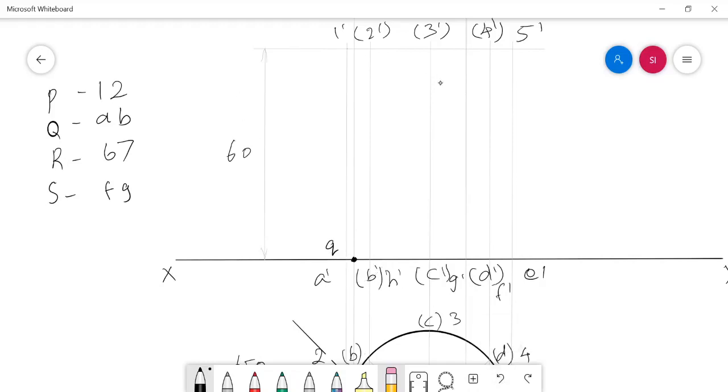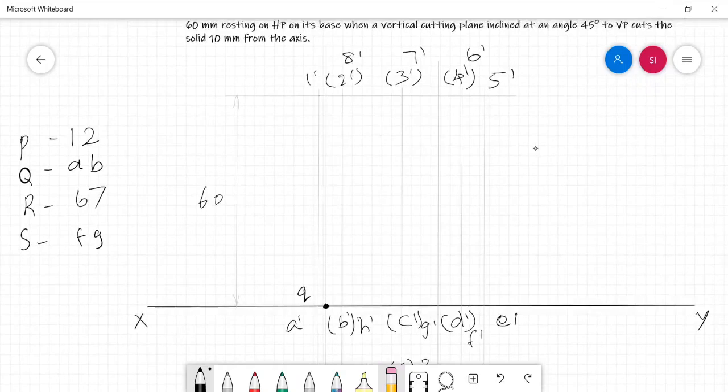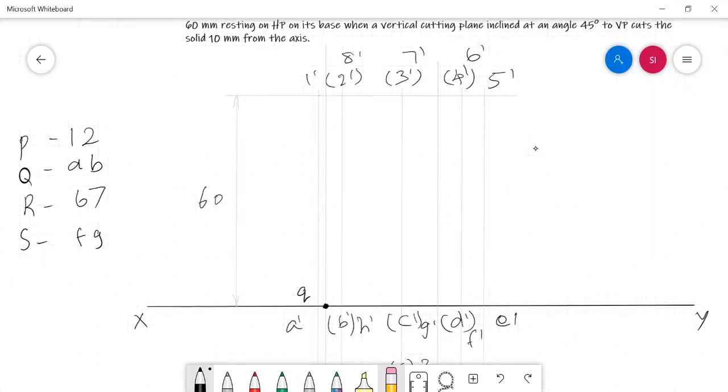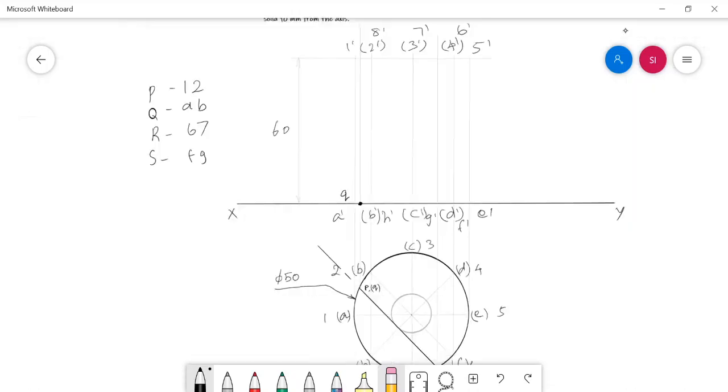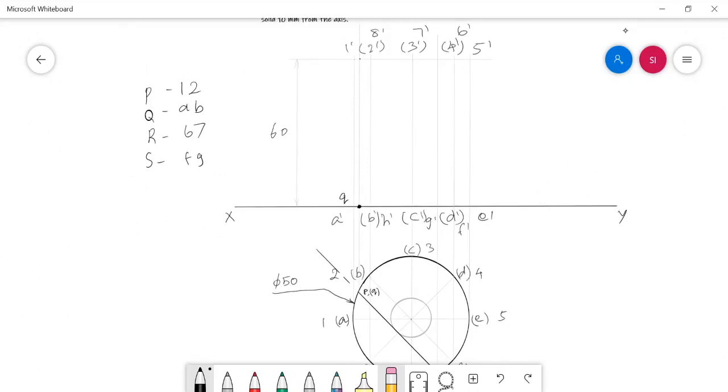Use smaller size indication points for this purpose. Then the same projector will intersect the arc piece 1 dash 2 dash in this part, so I need to mark the cut point P here. Both of them should have the superfix of a dash since it is a front view.